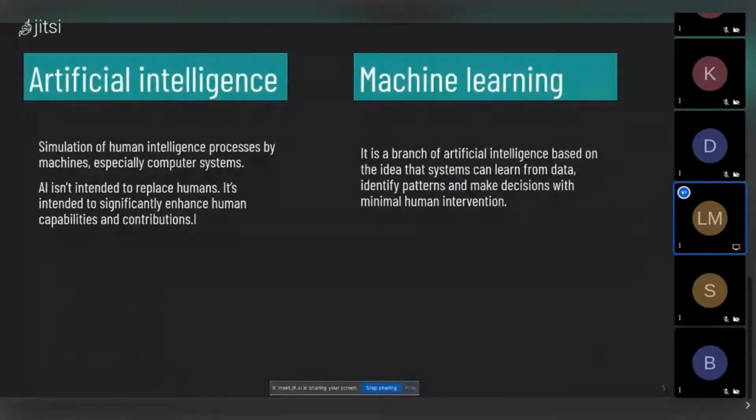So when a lot of people talk about AI, they also tend to talk about machine learning. But machine learning is actually a branch of AI, and it's not the other way around. So there's AI, then there's machine learning. For AI, computer systems are learning or assimilating human behaviors. So machine learning is now that process of how these computer systems are simulating those behaviors, and that is by